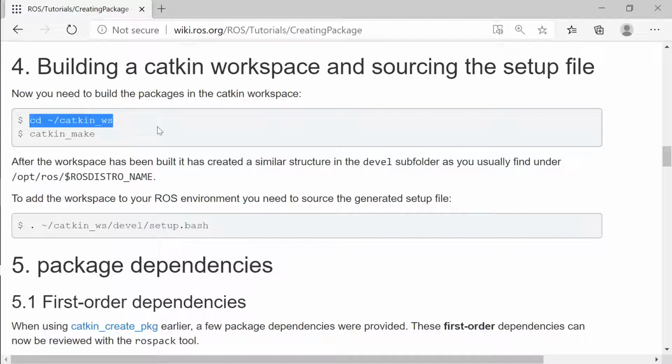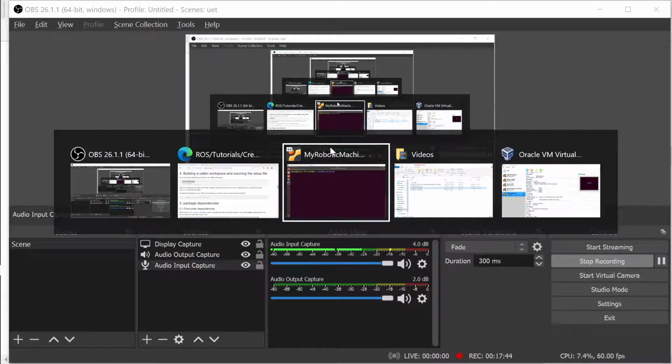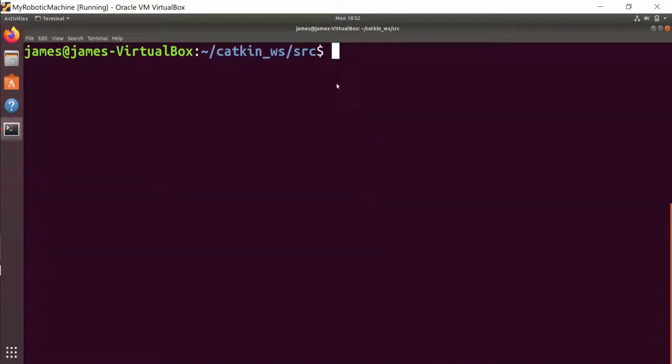Building is like compiling your project, whatever code you have written, now you want to compile it. First thing is you go to the workspace catkin_ws folder. At this place you can say catkin_make. Now second time when you're running catkin_make, you can just run this command, and you don't have to give that python3 whatever I said earlier. That was only for the first time when you want to initialize.